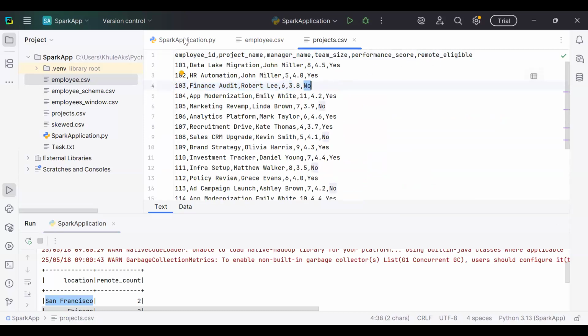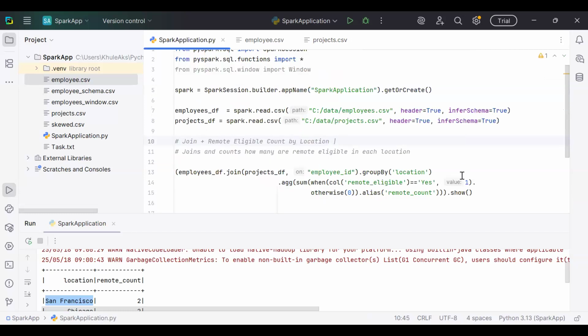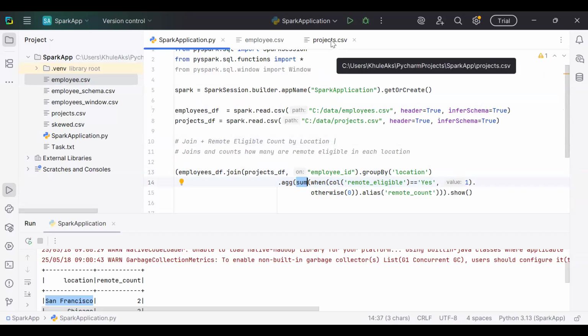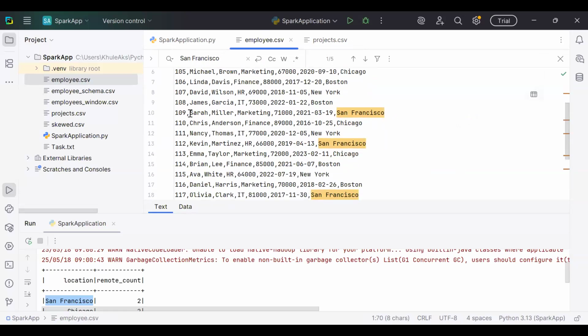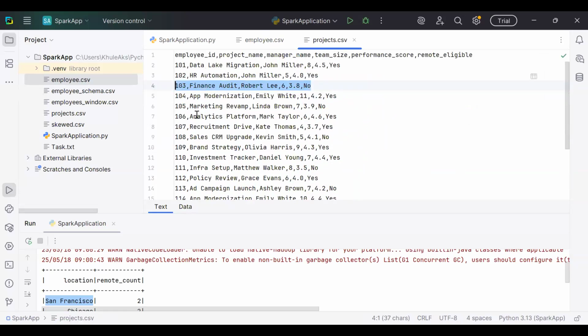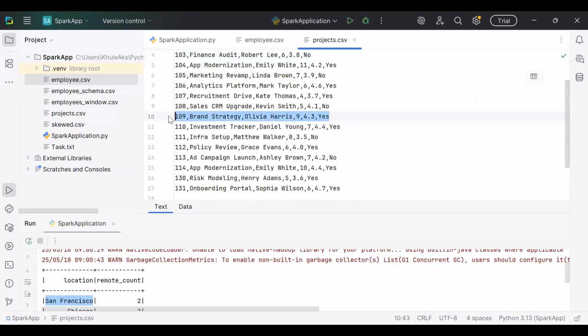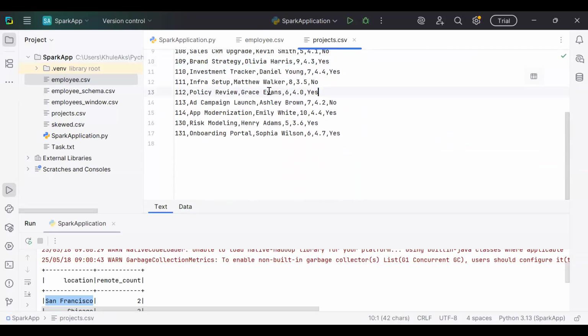So that's why when we apply this when condition, when remote eligible equal to yes, then only count it. And what we are doing on that count, we are summing it up. So that's why, since this is a no, but our 109 and 112 are remote eligible equal to yes. So that's why only these two count, and we got San Francisco remote count equal to 2,